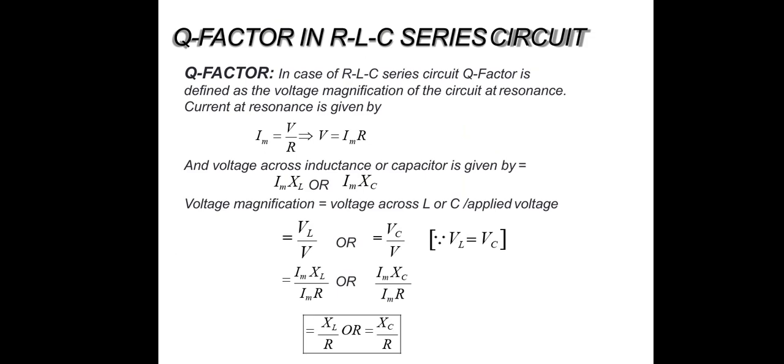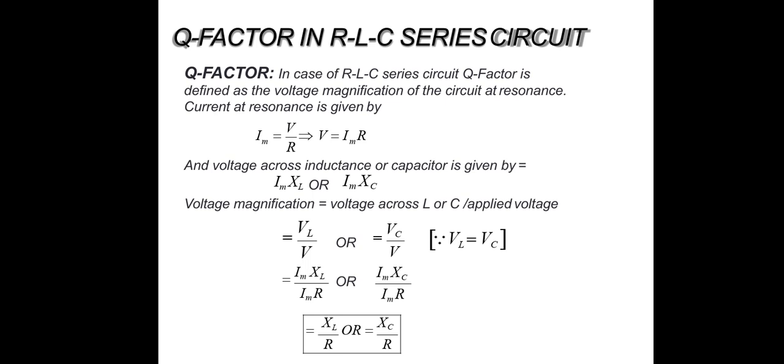Similarly, let us take what is the Q factor in the RLC series resonant circuit. The Q factor means quality factor. Generally the quality factor is inversely proportional to the bandwidth, because Q is equal to F0 by bandwidth, where F naught or Fr is the resonant frequency. And what is the bandwidth? The band between the upper and lower 3 dB points, that means F2 minus F1 is called the bandwidth, right?